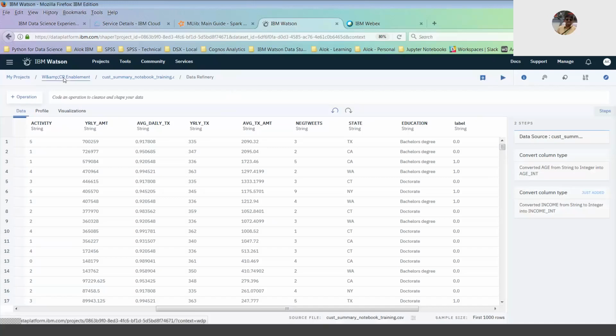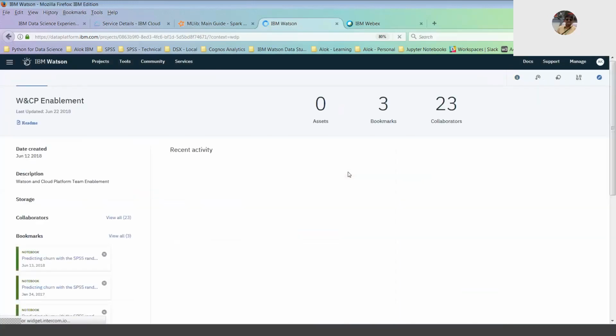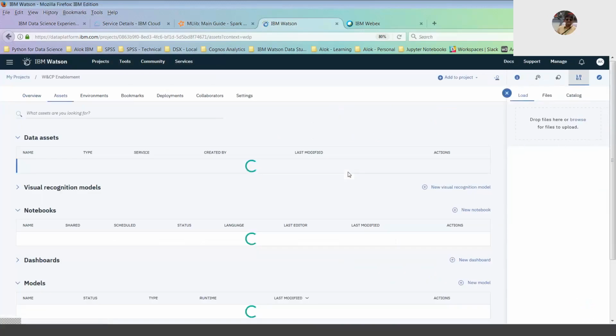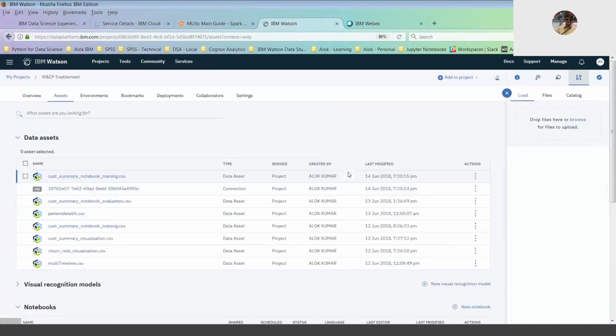So I'll now get out of this Data Refinery, so nothing much to this. Other than looking at the profiling and doing the visualization to understand the data, you can enrich your data before you expose it to the machine learning algorithm. Right? Now,